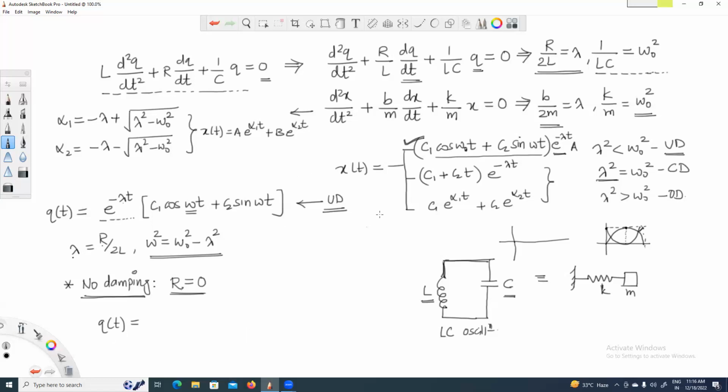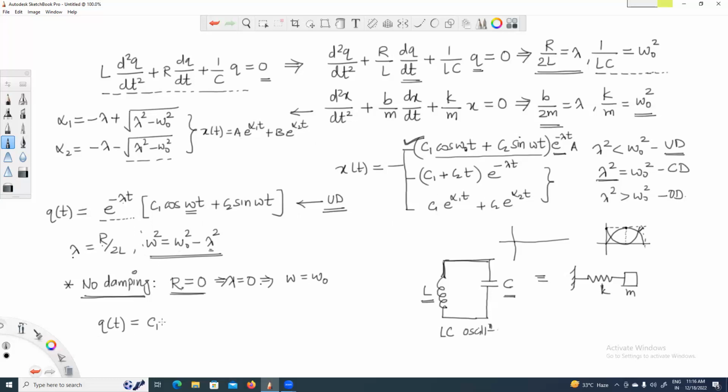So if R equals zero, then lambda equals zero, this decaying term will vanish, and my omega will be equal to omega naught. And if I look at the solution for these charges as a function of t,